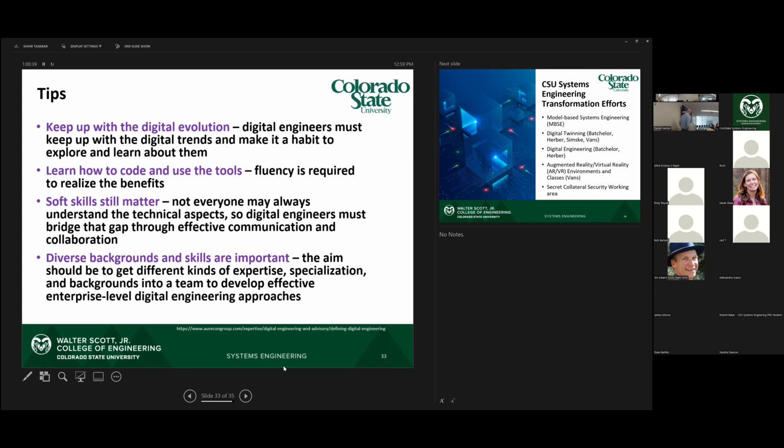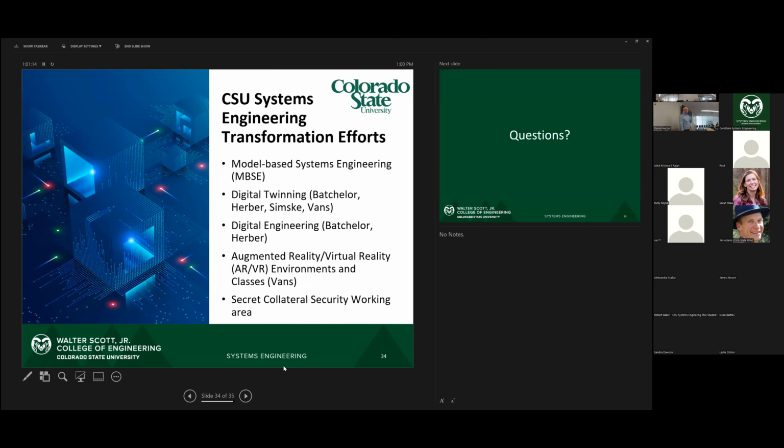And the final one is that various background skills are important. This is something that is meant to revolutionize the entire way the enterprise does its engineering efforts. Well, there's going to be pushback. So ensure that different kinds of expertise, specializations and backgrounds are all considered. If someone isn't going to use the capability that you enable through digital engineering, then the impacts can be pretty minimal. We talk about stakeholders in systems engineering. There are a lot of stakeholders in the digital engineering space, because a true digital thread would touch on what everyone is doing. So with that, I think, Andy, you're going to summarize some of our efforts quickly.